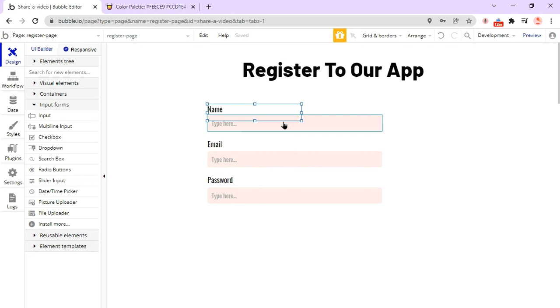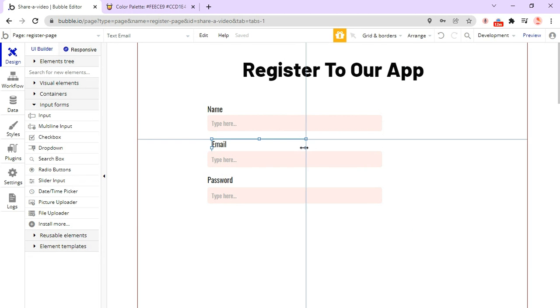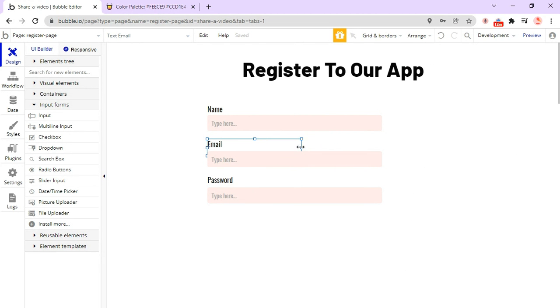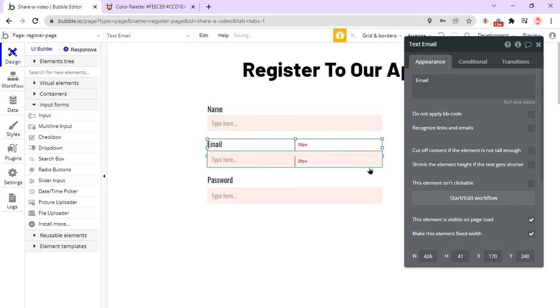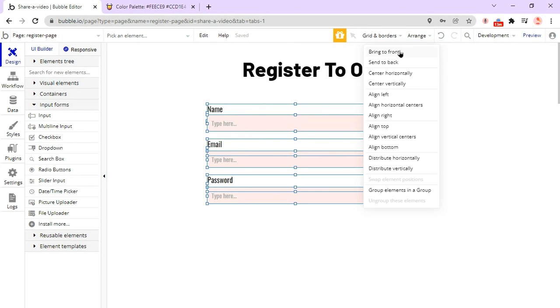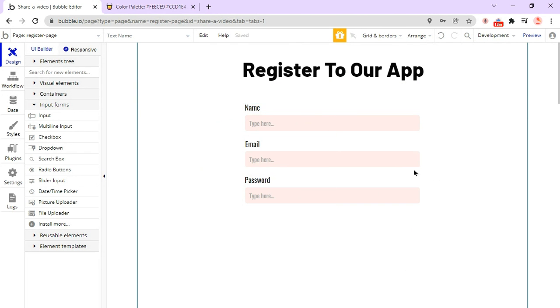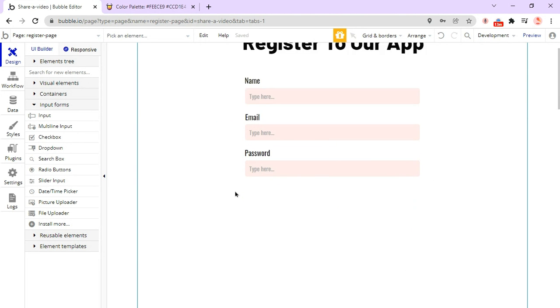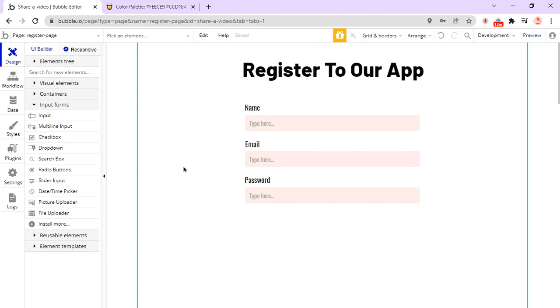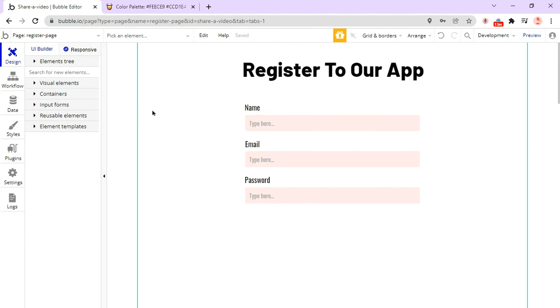And then we're just going to pull it all over like this until the end so that we can center horizontally in this page later. Select all of these elements and then arrange up here, center horizontally. Perfect. Now we have our registration page, and what can we do to make the user registered into our database? Well, I will be covering that up